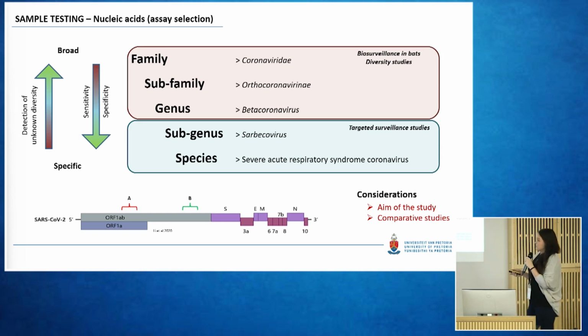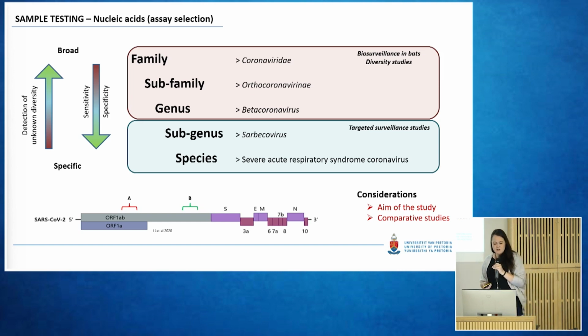So if you move up and you're trying to look for a larger diversity, you will be able to detect some unknown things, and you have the probability of detecting a lot more viruses compared to using specific assays. But if you use this, you will then lose some of the sensitivity and specificity that you would have when